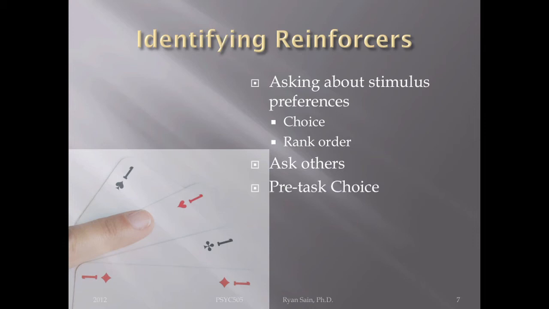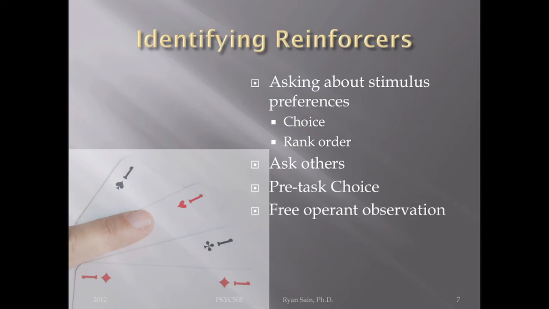So again, this is similar to the choice stuff I was talking about earlier. Say, okay, you have a choice, and this can be used quite frequently with very young kids. Pre-task choice works awesome with young kids, where you give them the option. Okay, you can choose to get this, or you can choose to get this. Which would you prefer? But you know that you have to engage in the behavior. So if you engage in the behavior, you can get this or this. Which one would you like? Well, I want the book. Okay, good. Now do your behavior, and you'll get your book. That type of thing, whatever that behavior may be.